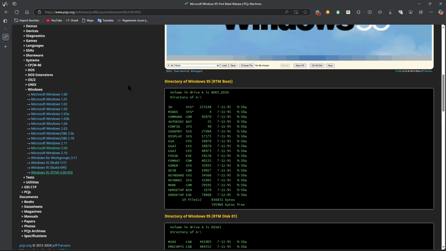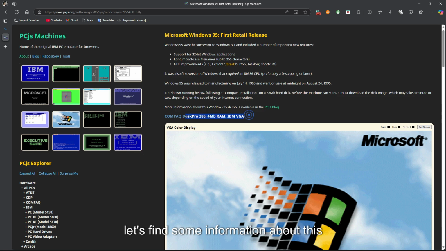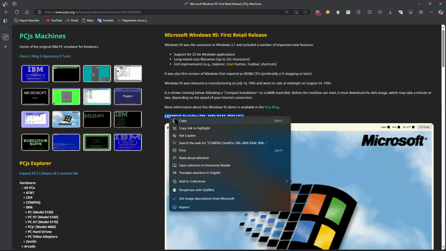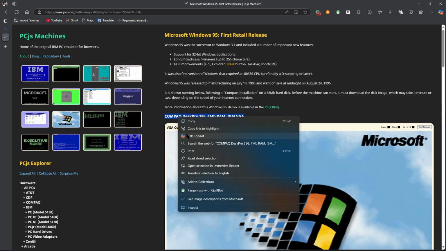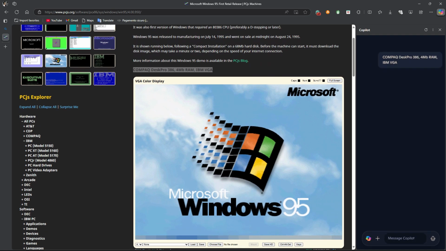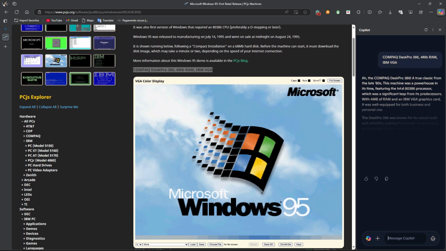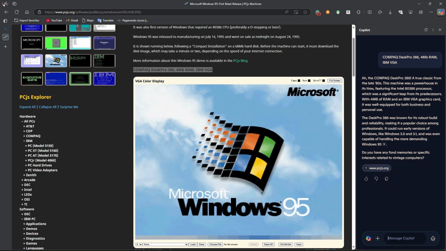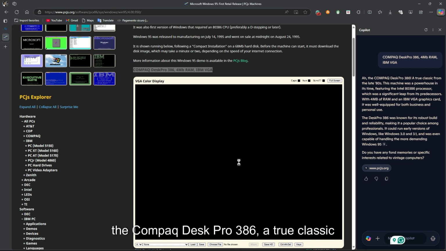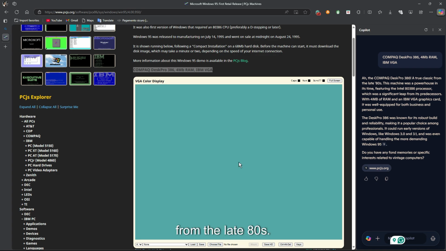Alright guys, let's find some information about this computer using Copilot while the computer boots up. Okay, here we go. Oh, the Compaq DeskPro 386, a true classic from the late 80s. This machine was a powerhouse in its time, featuring the Intel 386 processor, which was a significant leap from its predecessors. With 4 MB RAM,